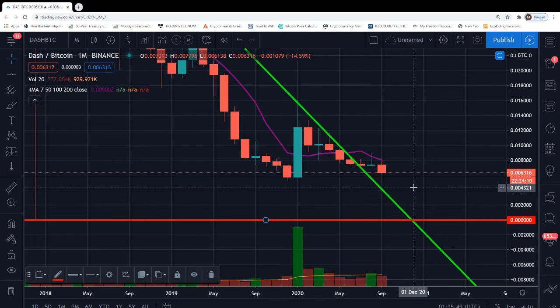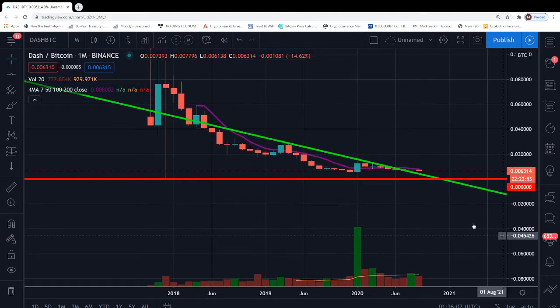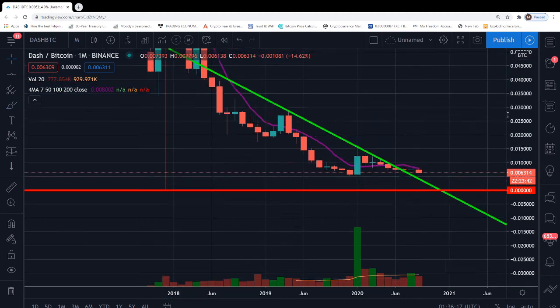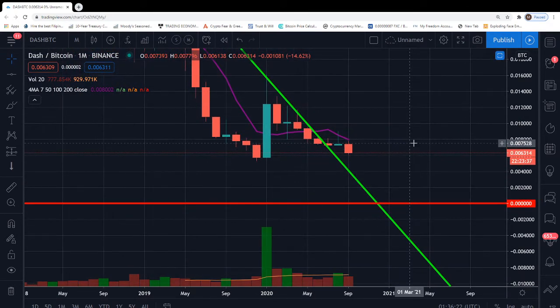So the way that I'm looking at this is over the next, let's see, before December of this year. Is it December? Yeah. Okay, so before December of this year, if the price action is going to come down and potentially find a wick, maybe something like this gigantic wick you see here. Wow, that was a very aggressive move back in December 2017. If something like that were to take place and the price would survive going to zero. I'm sorry, guys who are Dash fans. I'm just realistic about this stuff, guys.